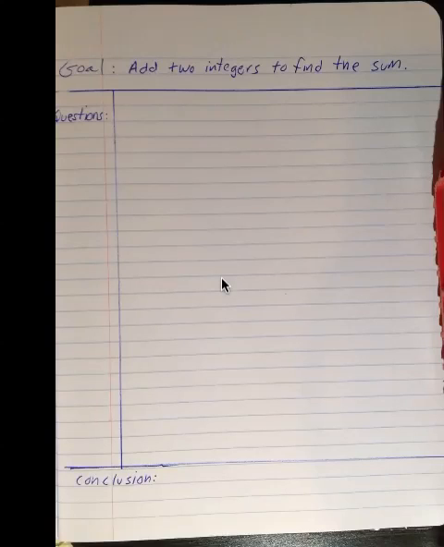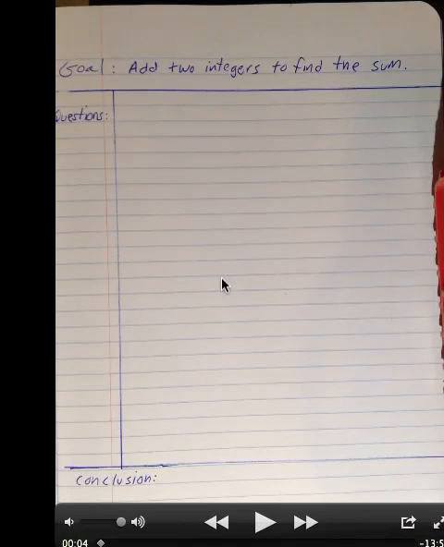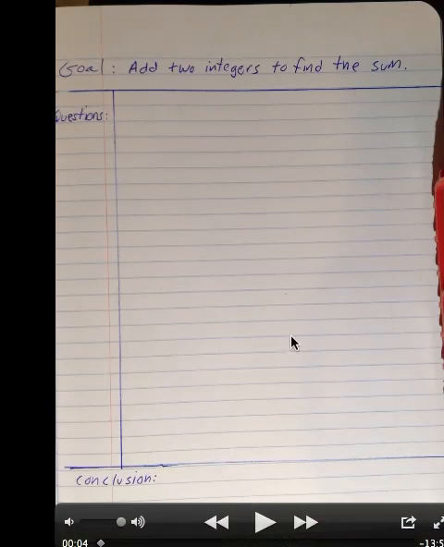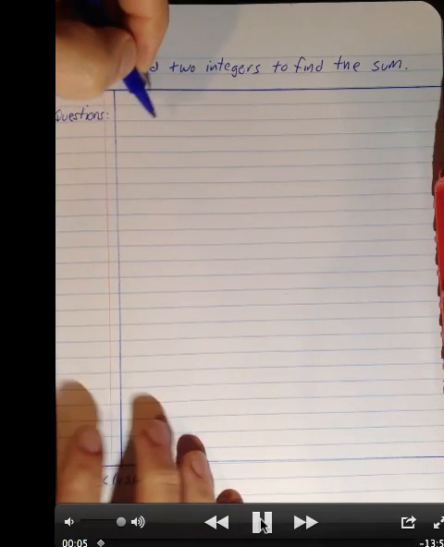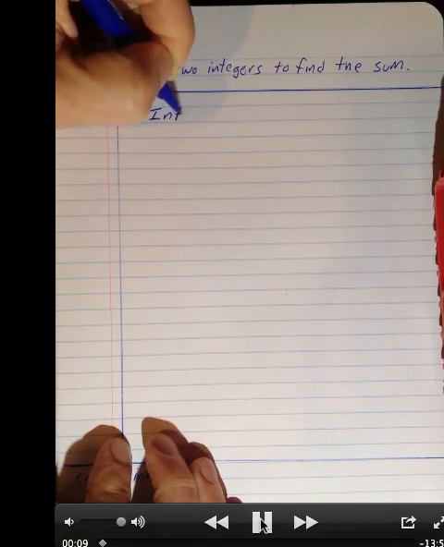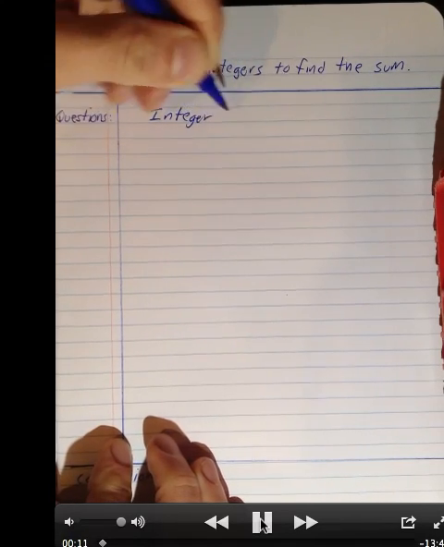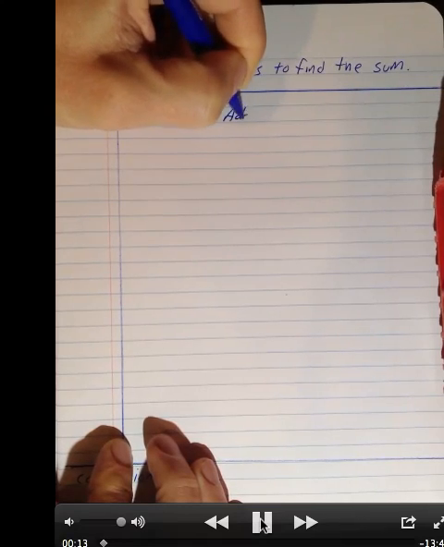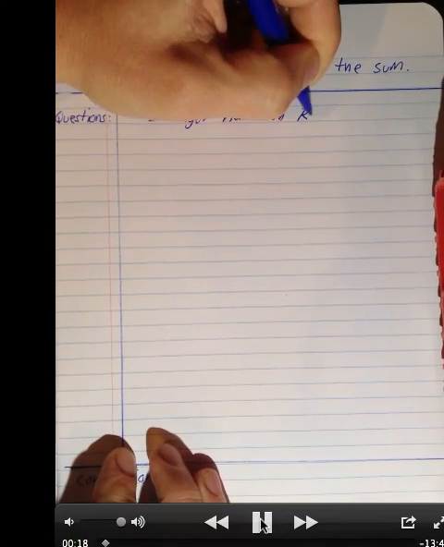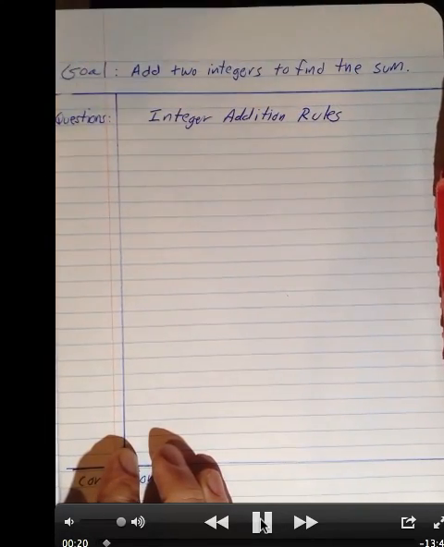Is add two integers to find the sum. So set up your notes, put a column for questions, and have a section for a conclusion. And we're going to start the notes on adding integers. So we're going to start by writing the integer addition rules. We're just going to write these one time and then simplify them. But the integer addition rules